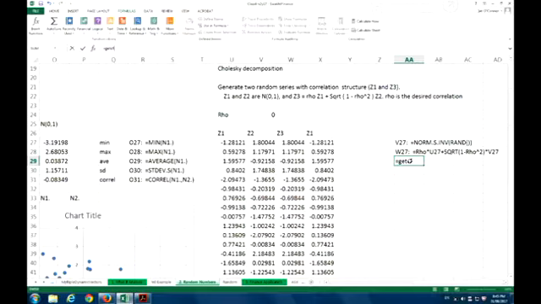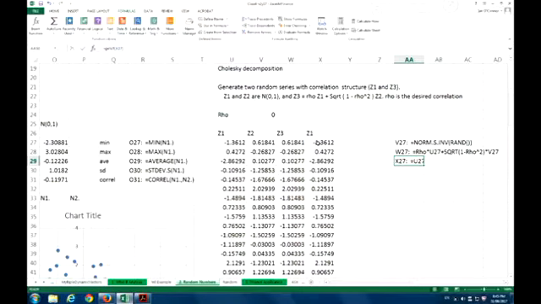That cell there is linked to the original Z1 vector. It is not a new series of random numbers. In fact, those two numbers there are the same on a pairwise basis. Okay. So basically now, I can go in now and select those two vectors,